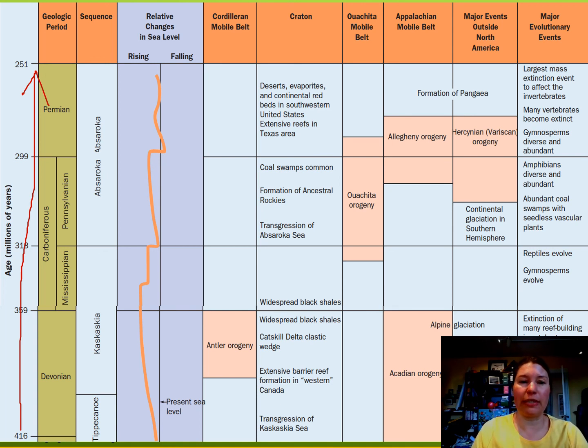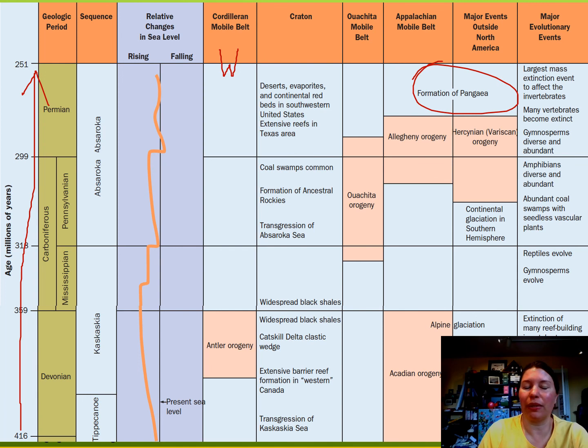We have our sedimentary sequences, going back to our sequence stratigraphic parts or stories of North America. So we're looking at what sea level is doing over time. We have our western or Cordilleran mountain belt. That's the Antler orogeny, one of the building blocks of the Rockies. But then to the east, we're not going to see much happening in later presentations, because the Appalachians kind of finish at this point as Pangea comes together, which is the end of the Appalachian buildup.